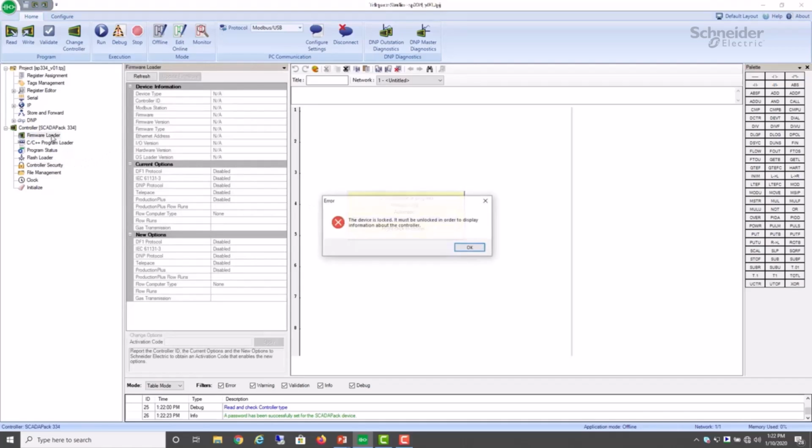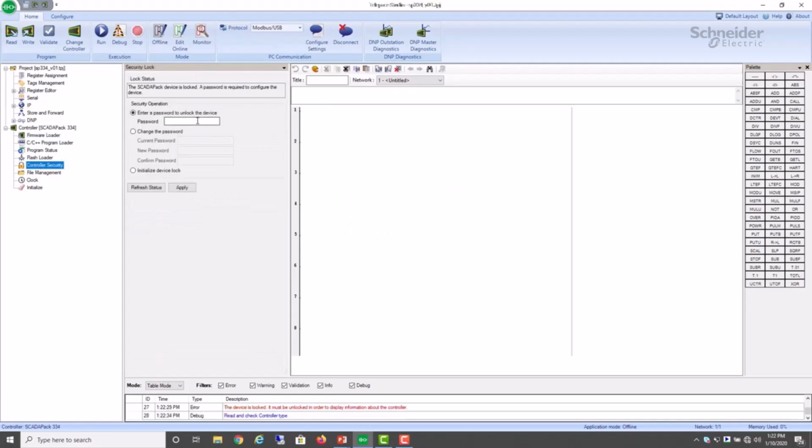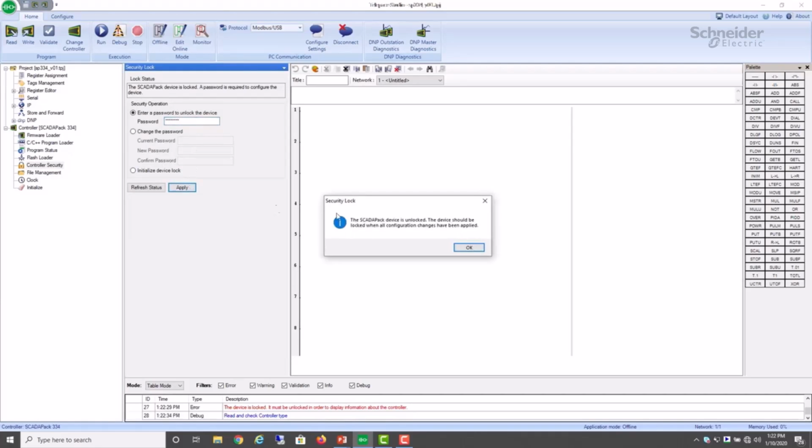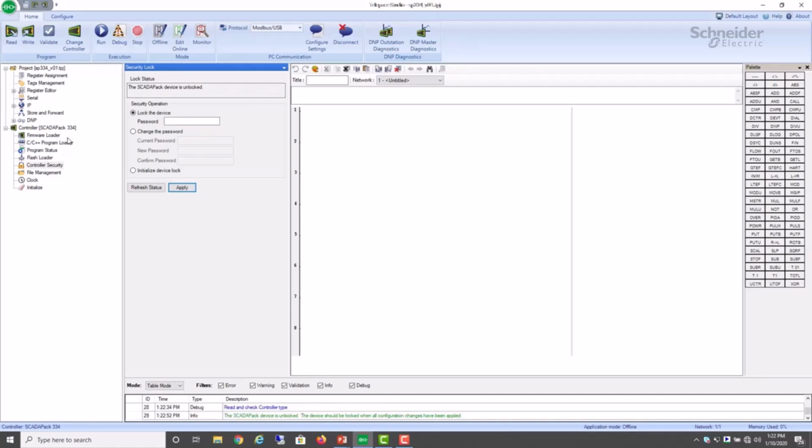So if I select other commands, I still get the locked message, but the difference this time is I know the password. So I go to the controller security dialog and enter the password to unlock the device. So that's the password I just entered. So it's been unlocked, and it's recommending that I should relock it when changes are applied. So now I'm free to access the controller. I can write this program. I could go online,